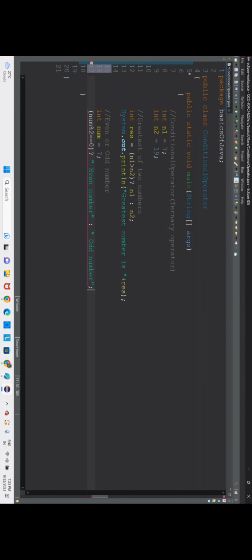Whether operand 2 or operand 3, any one will get executed. So we have to write both of the return types, and both types of data should be the same. Why? Because when we take input from the user, the user can give 8 also, or 7 also. In that case, the same type of data we have to write here and here, so that any one can be chosen and stored in here. String result is equal to